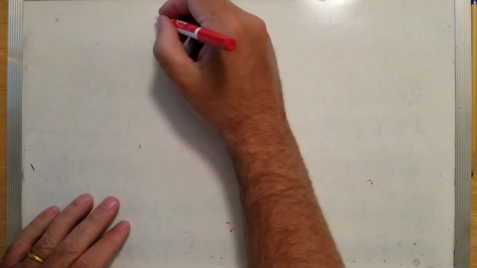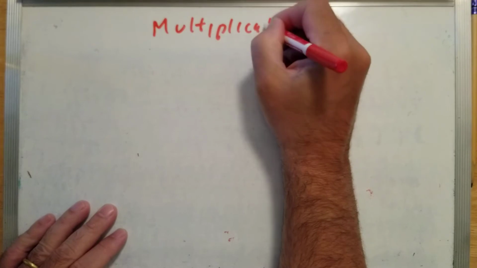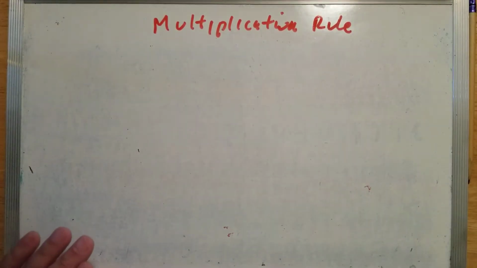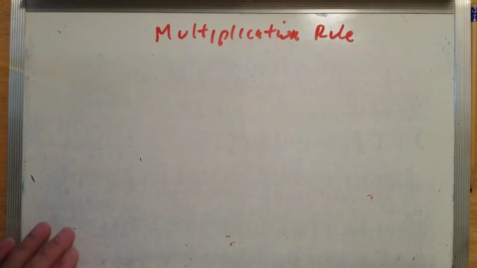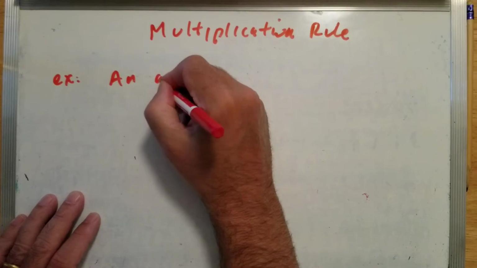I wanted to do a couple of examples of what they call the multiplication rule, in which we're going to multiply some probabilities. I want to do a couple of examples similar to the homework. So here's an example. An alarm clock